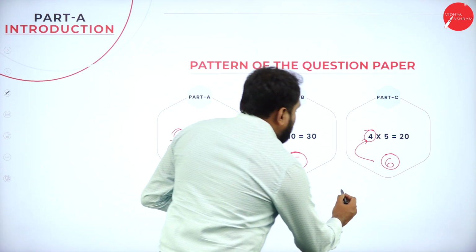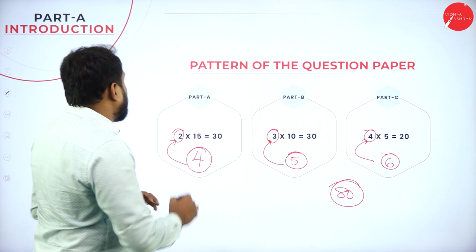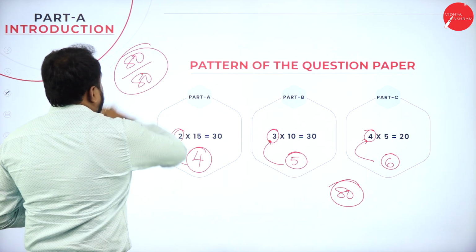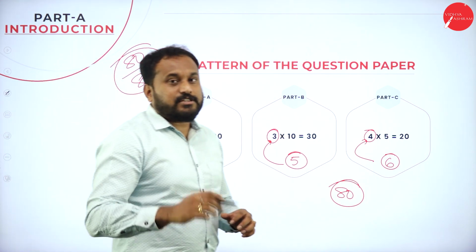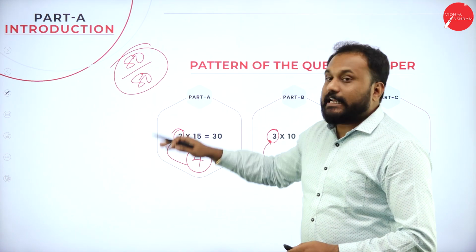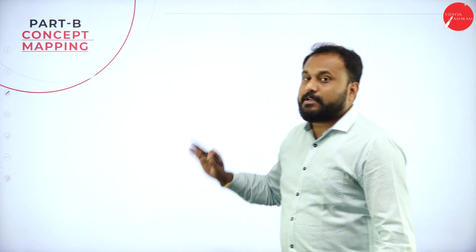See, this 80 marks is what we are concentrating on. I want the students, whoever goes with this, to get 80 on 80. This is our promise for you people. So how to get this 80 on 80? That is what we are supposed to discuss in this class, that is called concept mapping. Understand the concept mapping here.